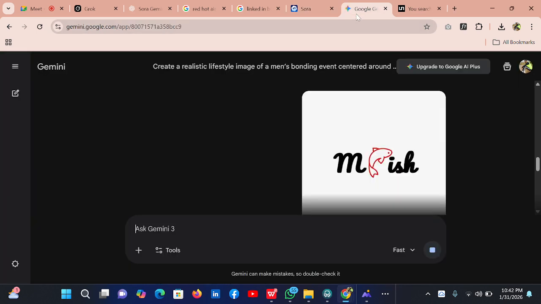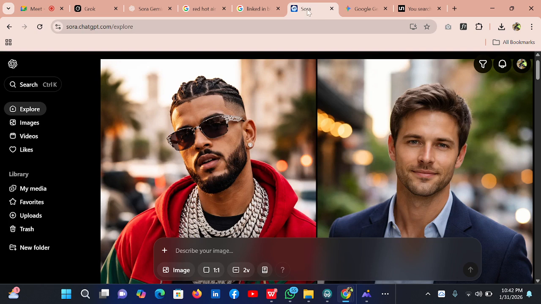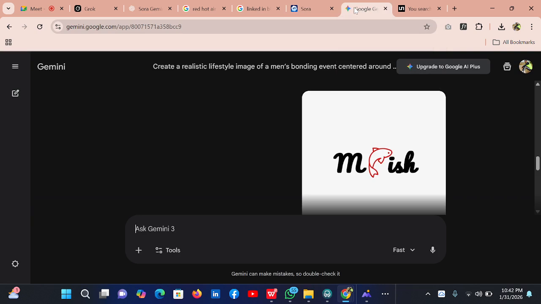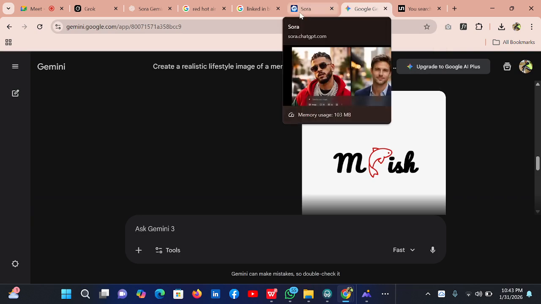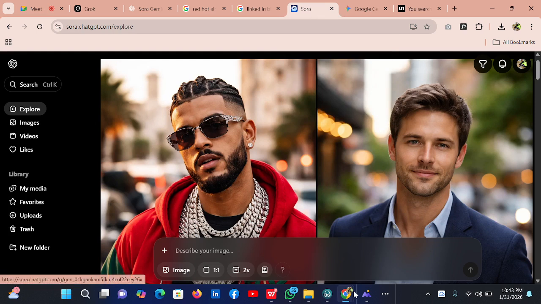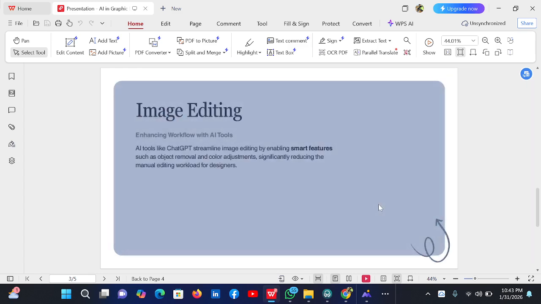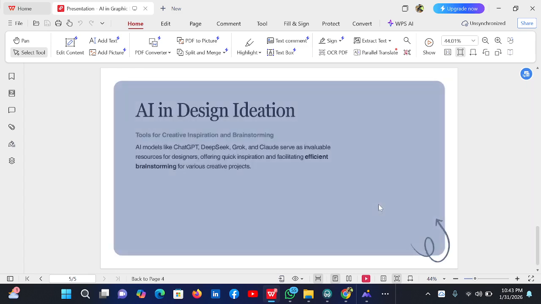I can't give you now the whole thing unless you pay me. I've just shown you how to do it. This is Sora. There's a lot of information on YouTube, a lot on Google, Gemini, a lot on everything that I've shown you. Let's see if there is anything else we have to check before we call it a day. Image editing tumeangalia.